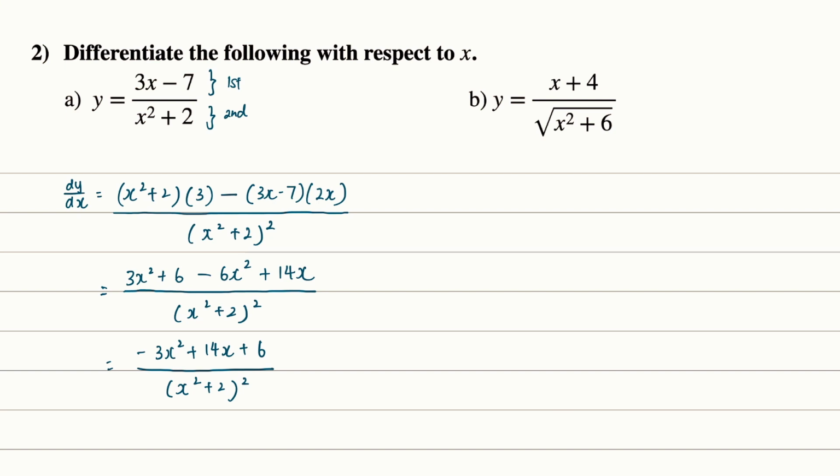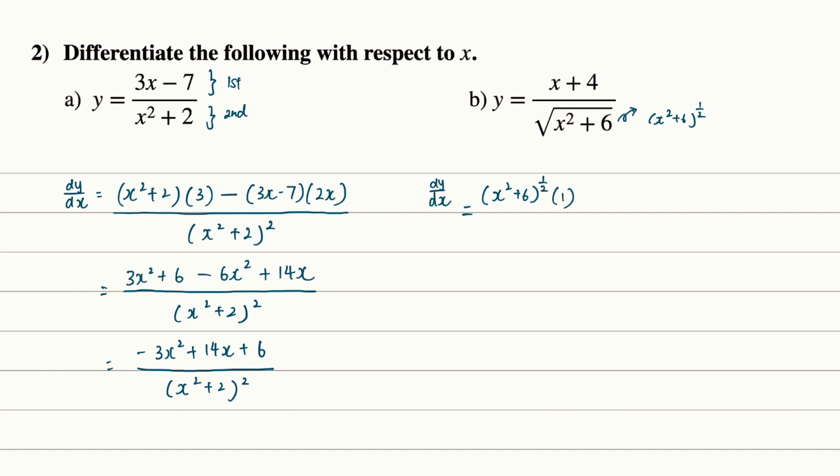Now let's try to move on to part B, where we have a quotient of two functions. We have x plus 4 over square root of x squared plus 6. Now take note that square root of x squared plus 6 can be written as x squared plus 6 power half. So using this knowledge, keep the second part, which is x squared plus 6 power half, differentiate the first part,